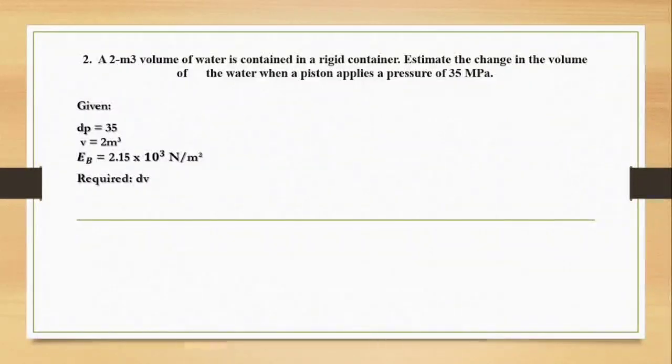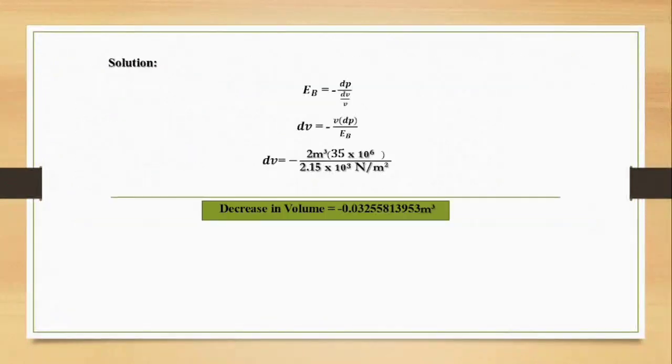So what is given is dP equals 35 megapascals, volume is equal to 2 m³, and E_B equals 2.15 times 10 raised to the power of 3 newtons per meter cubed. What is required is dV, the change in volume. So our solution is